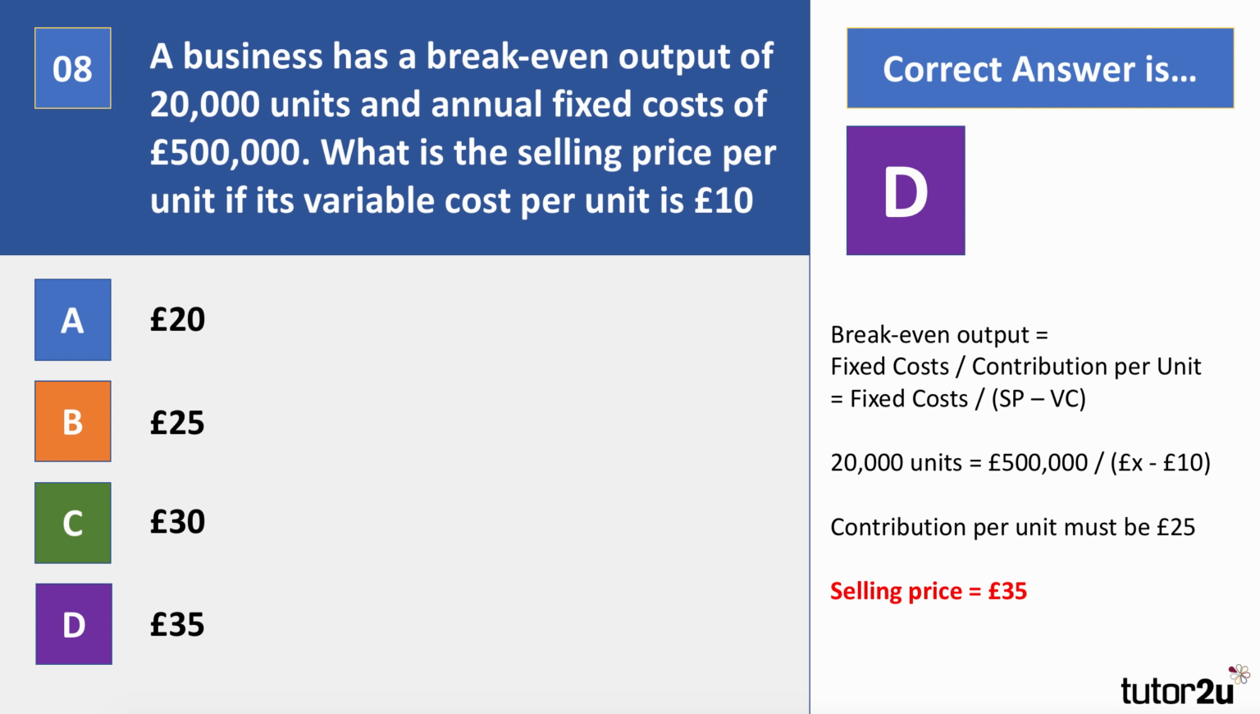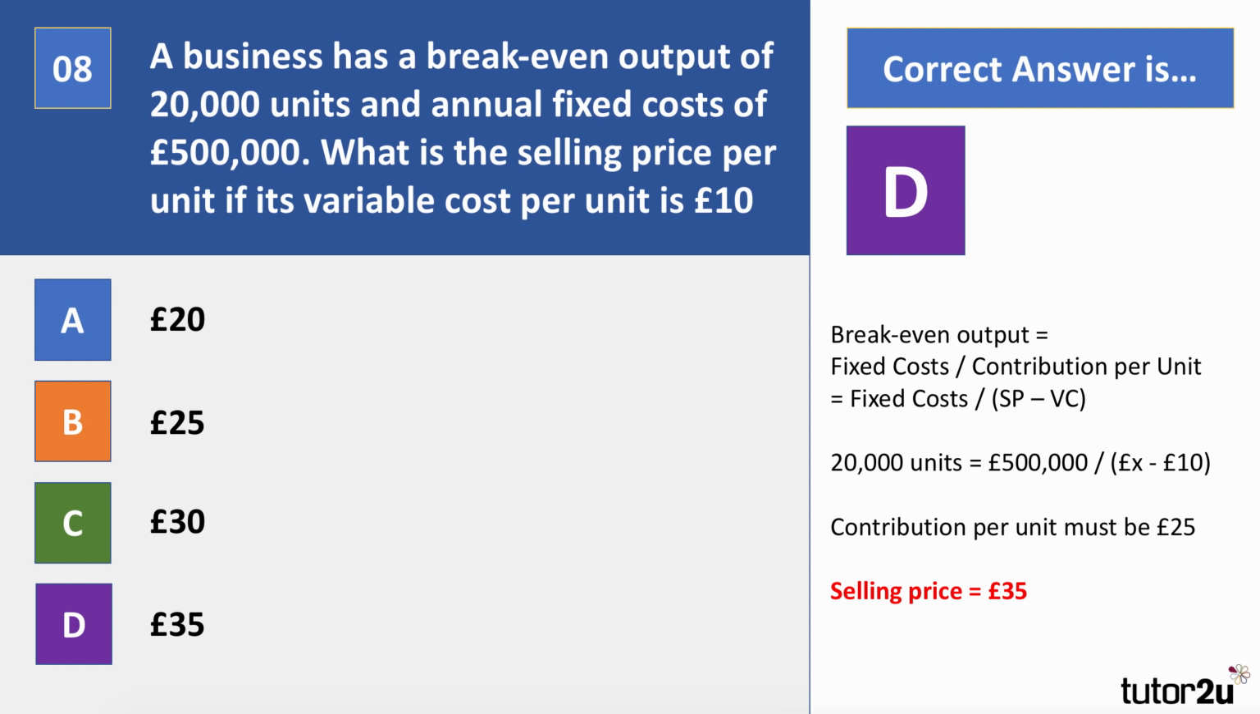Well, don't forget the break-even output formula. Break-even output is fixed cost divided by contribution per unit. Let's slot into that formula the numbers we were given. We're actually told the output, 20,000 units, is break-even. We're told fixed costs, £500,000. So what we're looking for is the selling price that makes the contribution per unit